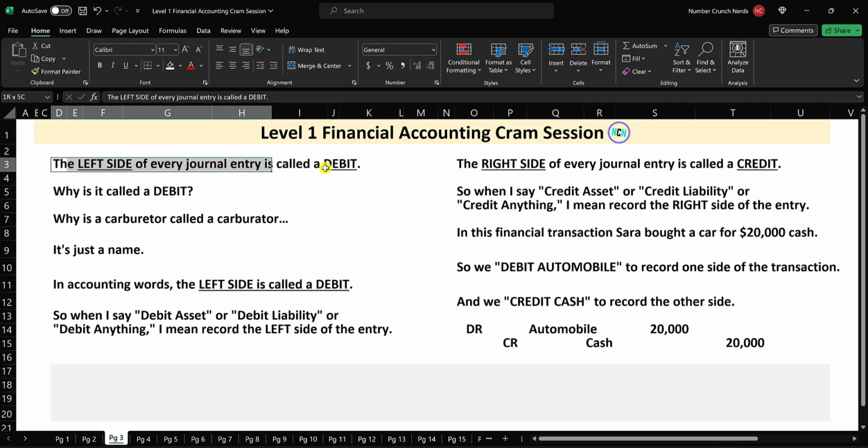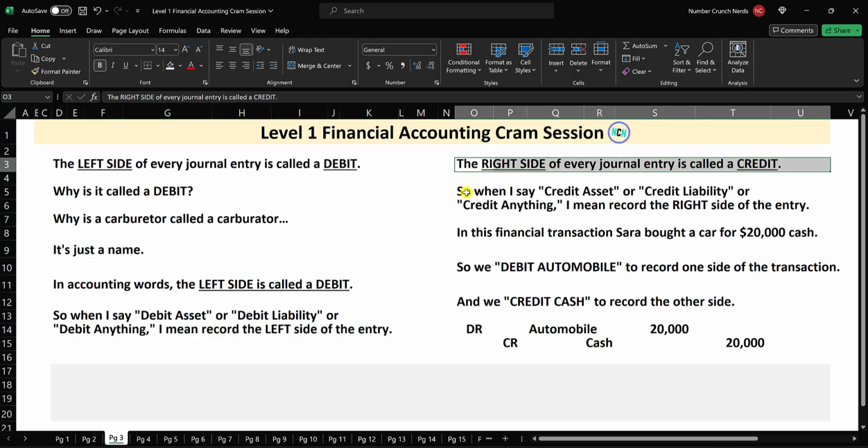The left side of every journal entry is called a debit. Why is it called a debit? I don't know. Why is a carburetor called a carburetor? It's just a name. In accounting words, the left side is called a debit. So when I say debit asset, or when I say debit liability, or when I say debit anything, I mean record the left side of the journal entry. The right side of every journal entry is called a credit. When I say credit asset, or credit liability, or credit anything, I mean record the right side of the journal